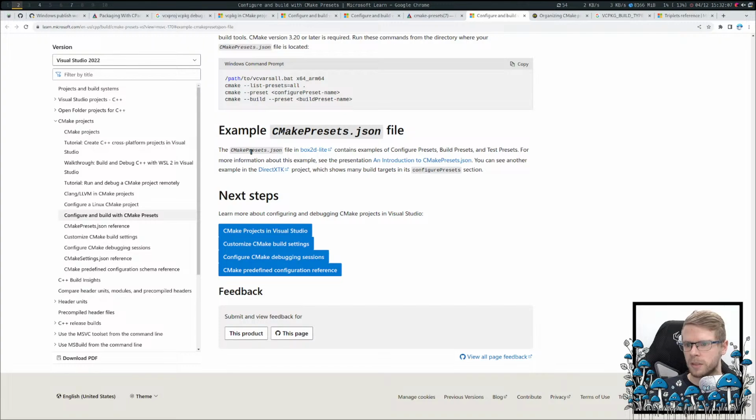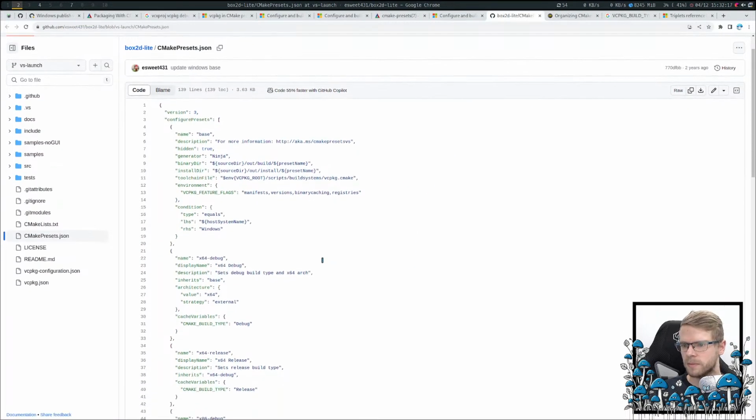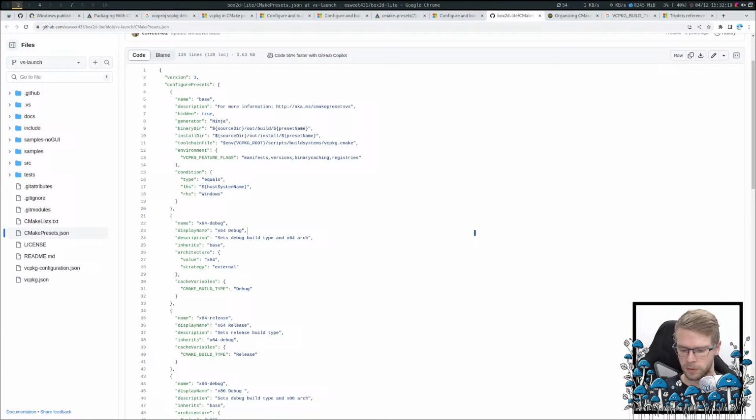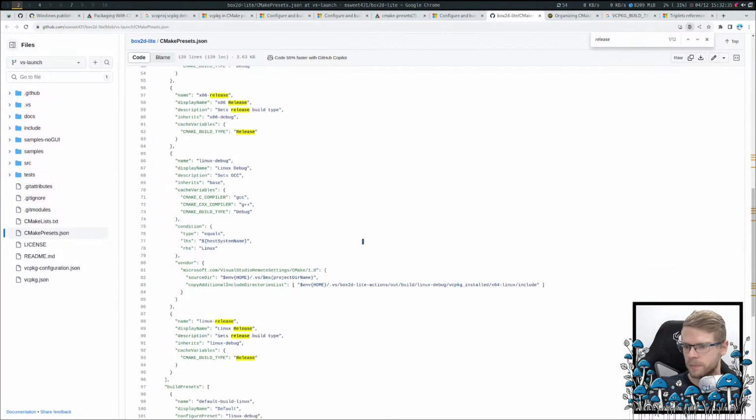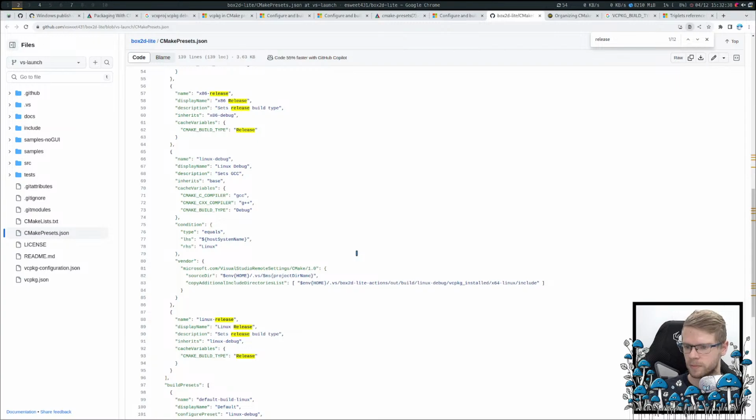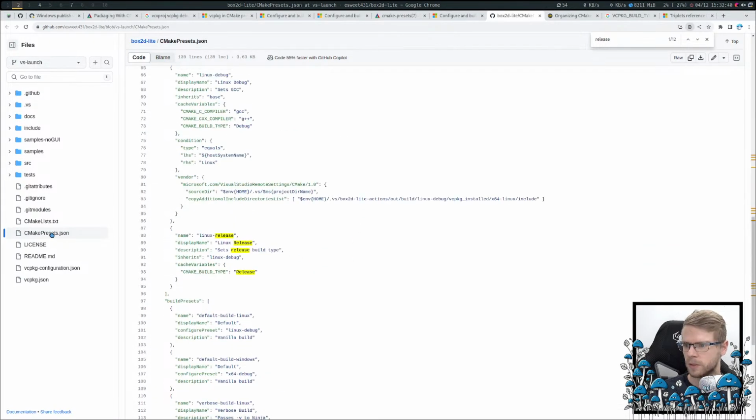Where is... Okay, here. So I want to see if they have a release somewhere. Yes, they have. And in release, they only specify the CMake build type. Okay, and